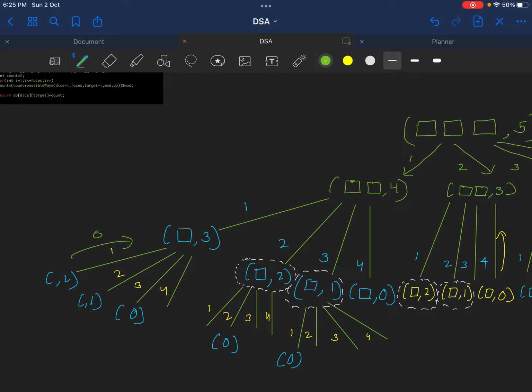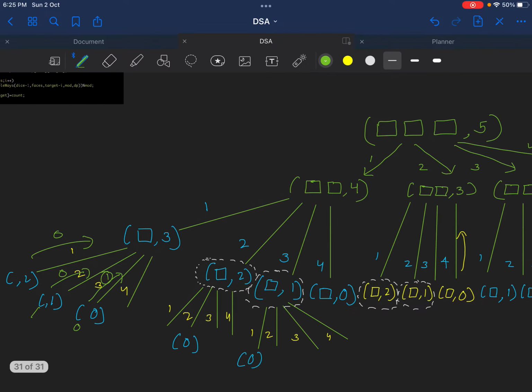From here as well, our dice is equal to 0 but the target is equal to 1, so we return 0. But if our dice is equal to 0 and our target is also 0, then we return 1. We get 1 possible way. So this way we can solve this problem, and you can see there is an overlapping here. So we can use a 2D array, one for dice and another for target. So let's see how we can